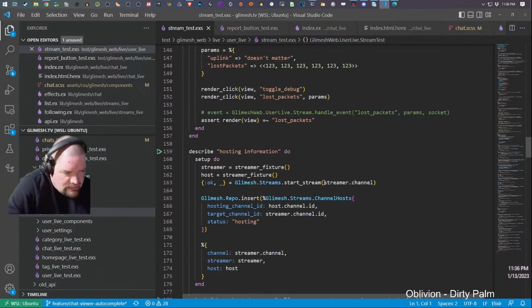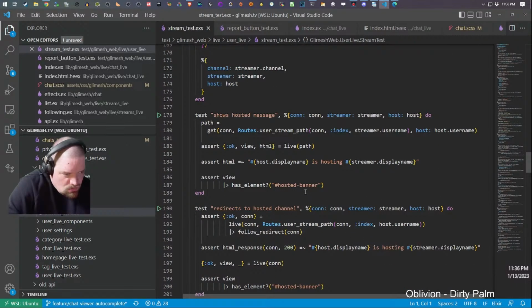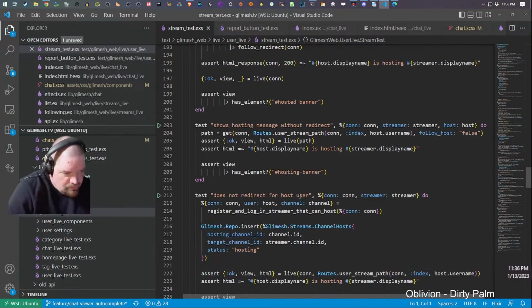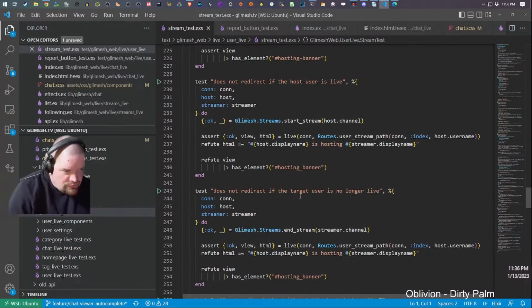But I guess I could do the same thing. I could just load up the page because I have their connections, so I could load up the channel page on each of those users, so it would actually trigger all the stuff presumably.